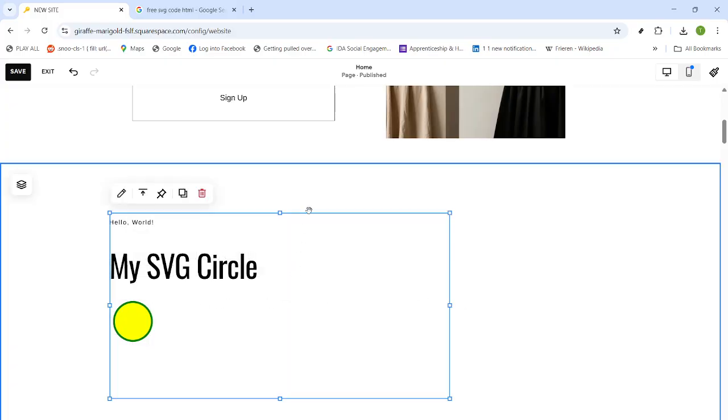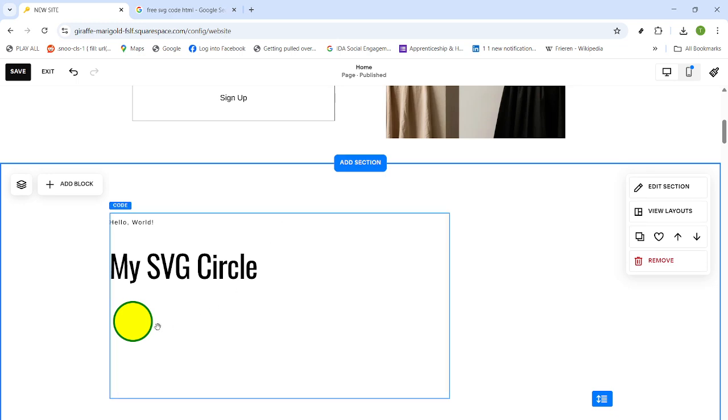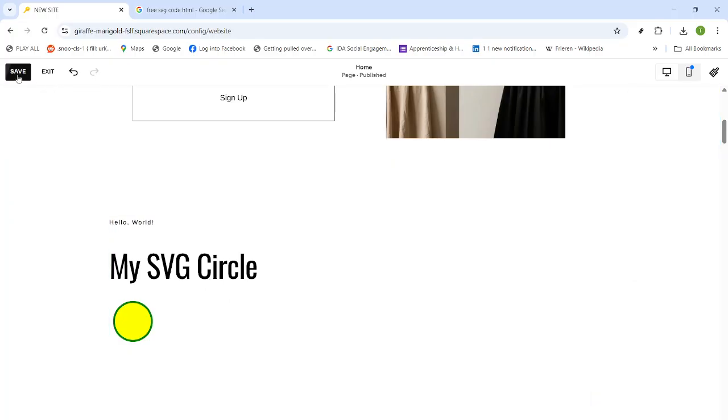A few quick tips as you paste. Keep width and height attributes, or a view box on the SVG, so it scales cleanly. If your animation uses CSS, include a small